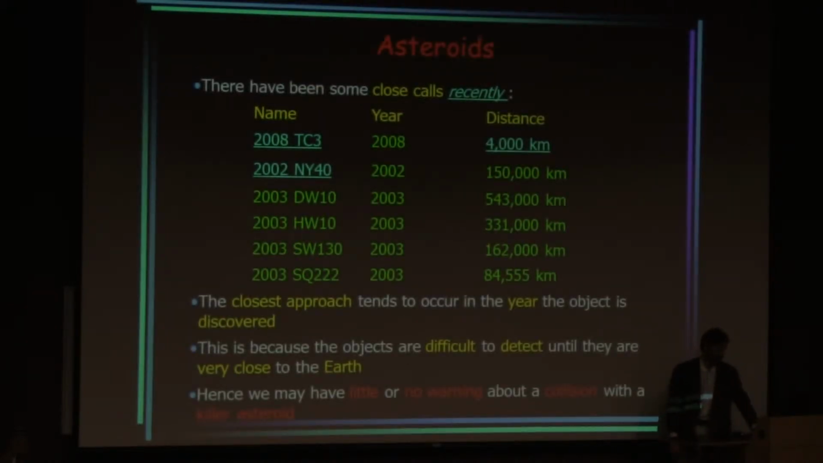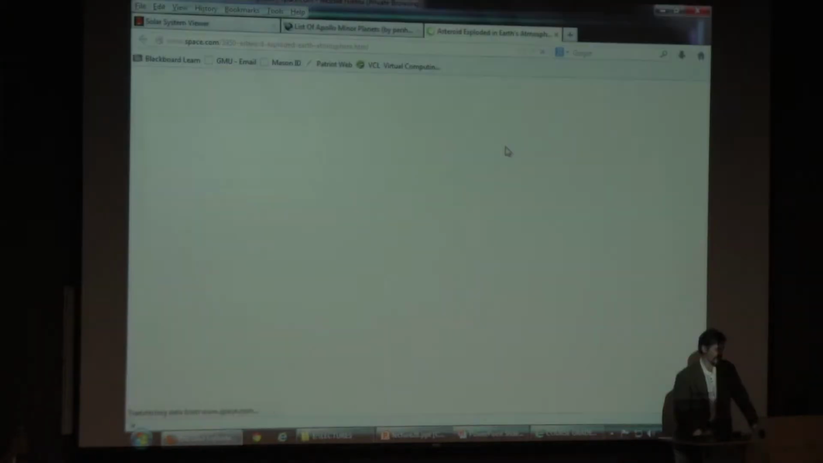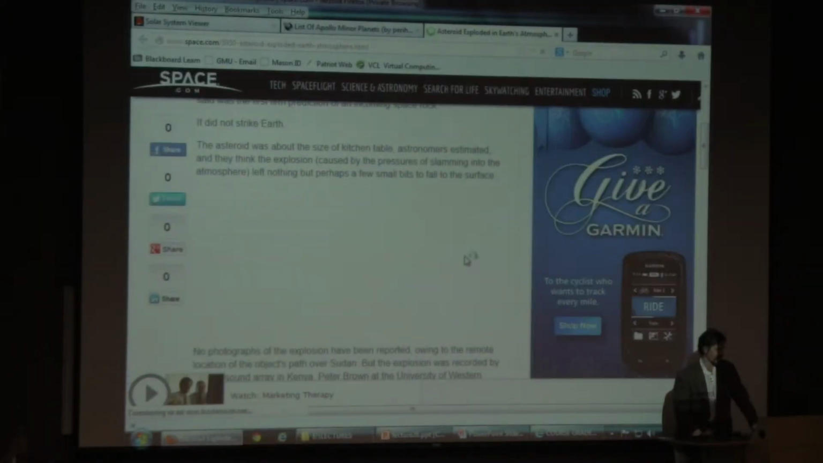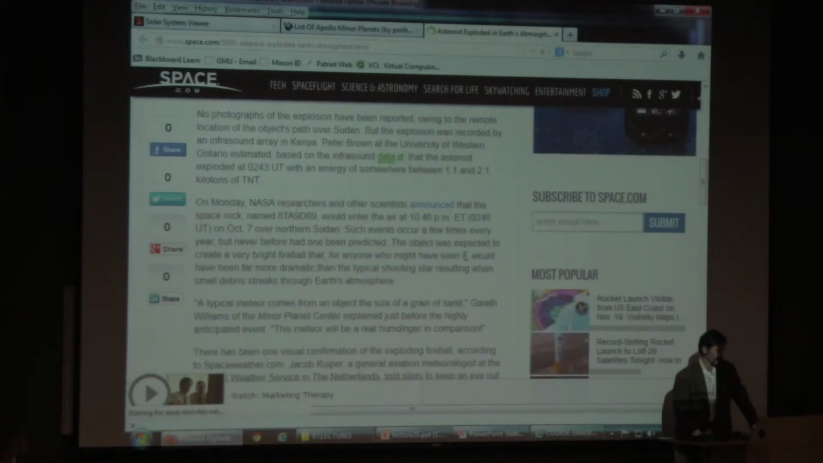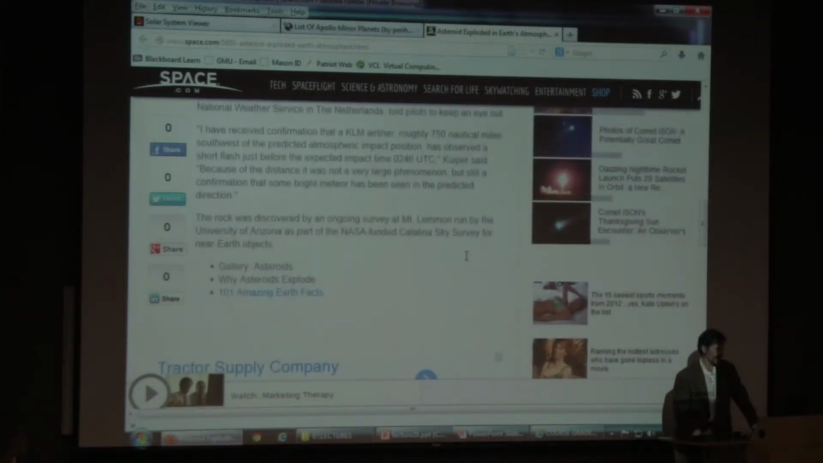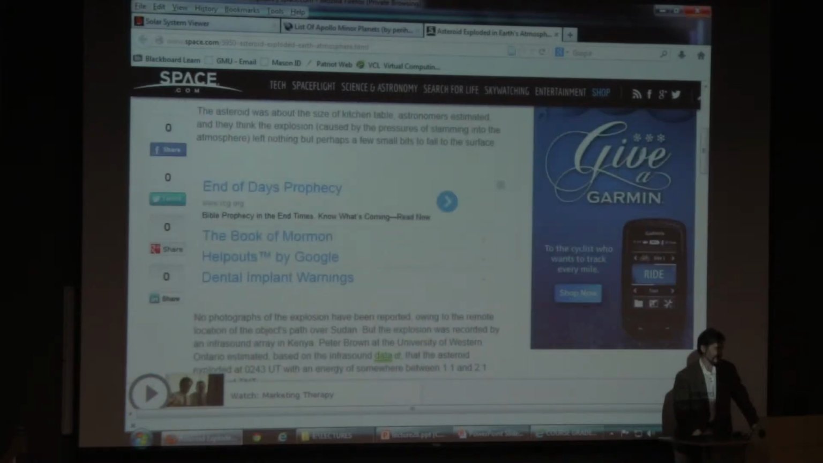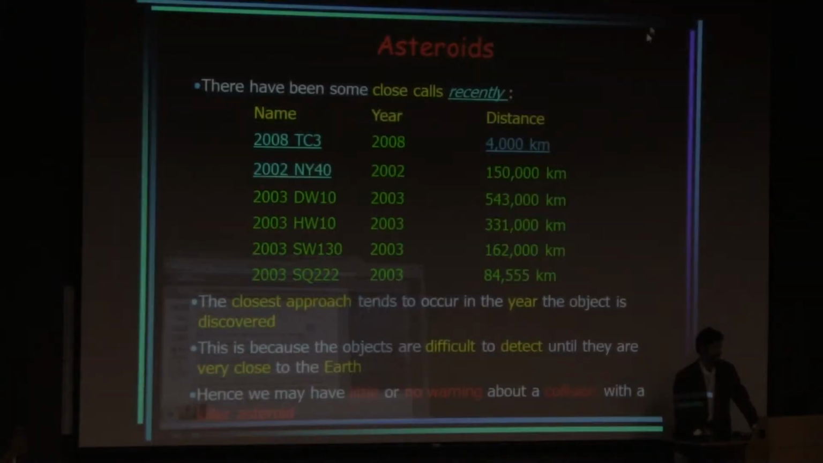Alrighty, so let's see. I think we've pretty much covered a lot of this. This is just talking about some of the relatively close approach asteroids that have occurred. The record, as far as I know, is still this 2008 event when an asteroid exploded in Earth's orbit, only a matter of 2,000 kilometers out. So we do see some incidents of